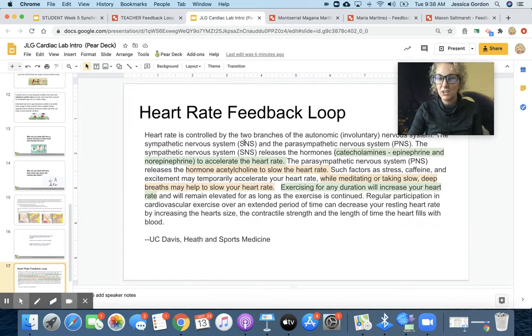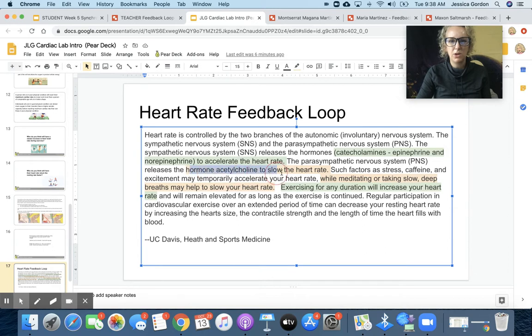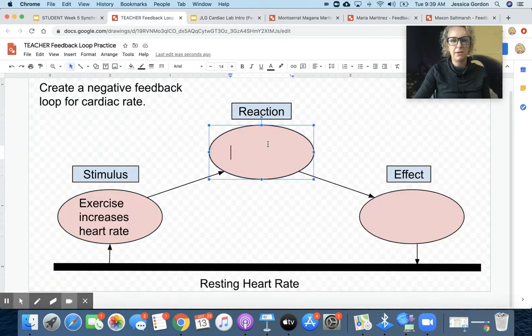So I did a little highlighting before to kind of get ready for this. I'm looking at what are some things that can slow the heart rate. I'm looking right here. The hormone acetylcholine can slow the heart rate. So I'm going to highlight the hormone acetylcholine can slow the heart rate. So after my exercise stops, this hormone can be released to try to slow down the heart rate. So I'm going to copy this. And then in my feedback loop, my reaction,